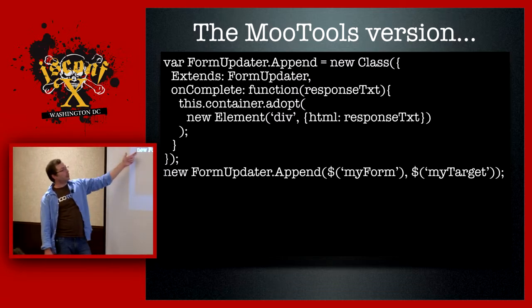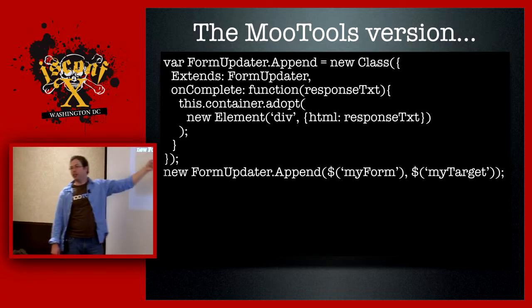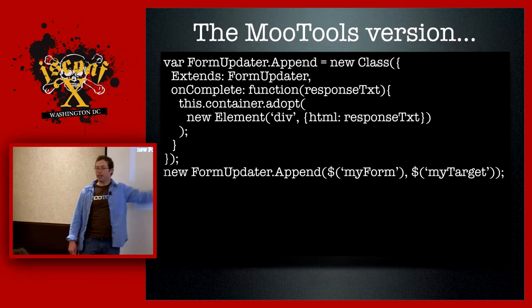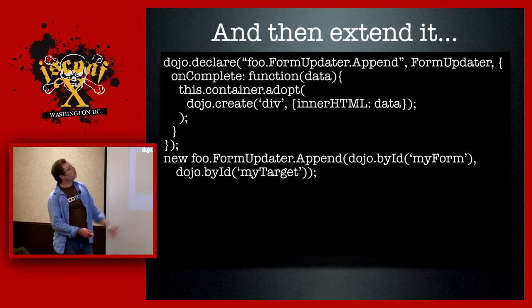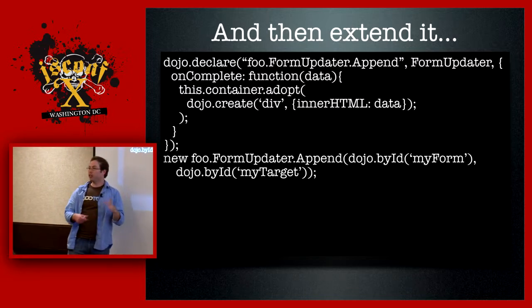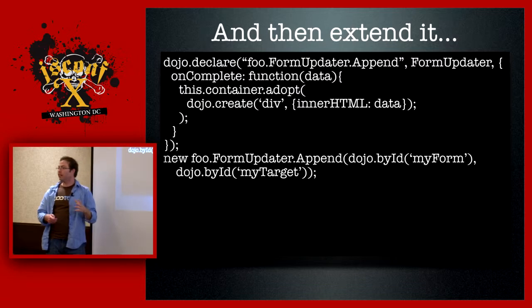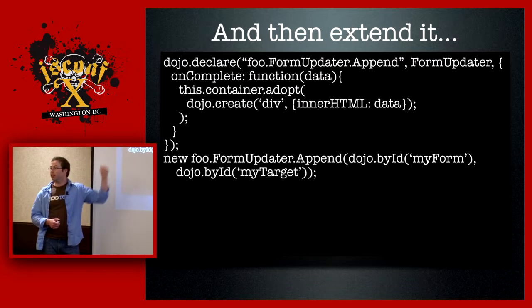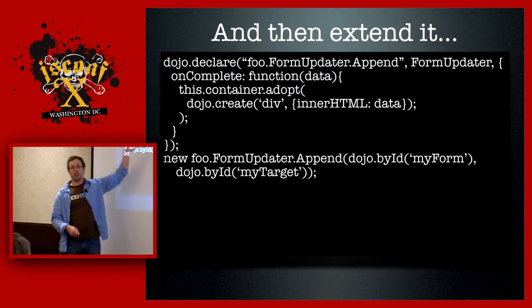And again, my constructor here is essentially the same. It's just that I'm using the different class name. The Dojo code is equally small. And so now you've improved the functionality from your other class with only a little bit of extra code. And again, if there's a bug in your Ajax form stuff, you really only have one place to fix it. It's still over there. And if there's a bug in this adoption stuff, well, then you have only one place to fix that.